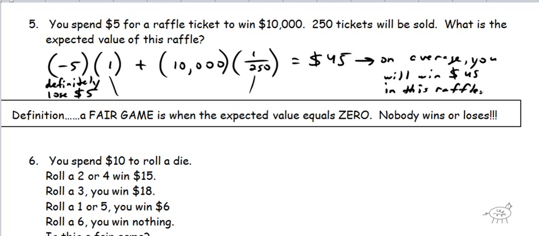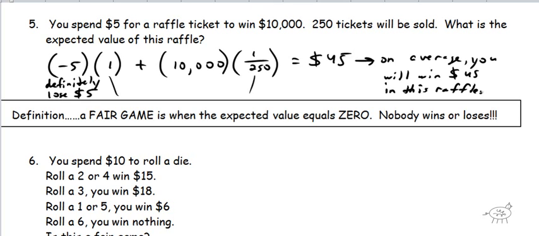Again, are you going to win $45? No. I'm either going to win 10 grand or I'm not going to win anything. Is it a good raffle to play? It's not bad. Would I buy a ton of tickets? No. You buy one ticket. It's kind of like the lottery used to say, you got to be in it to win it. If you buy 0 tickets, then the chances of getting anything are 0. You haven't lost money, you haven't won money. Okay?